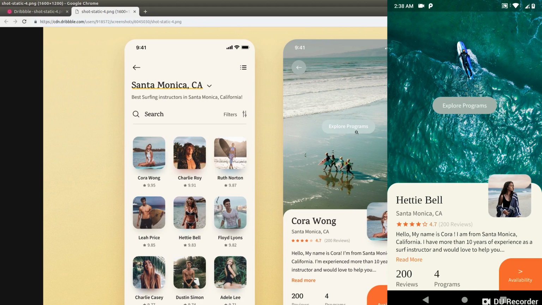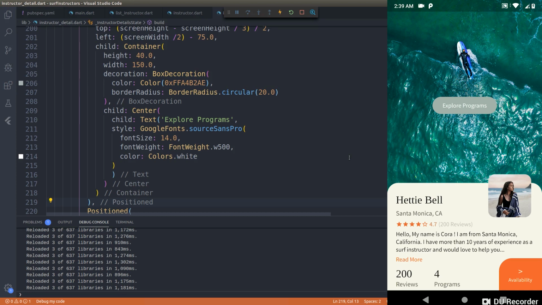Alright, now we have this button here in the center, and it doesn't look that good actually, to be honest,